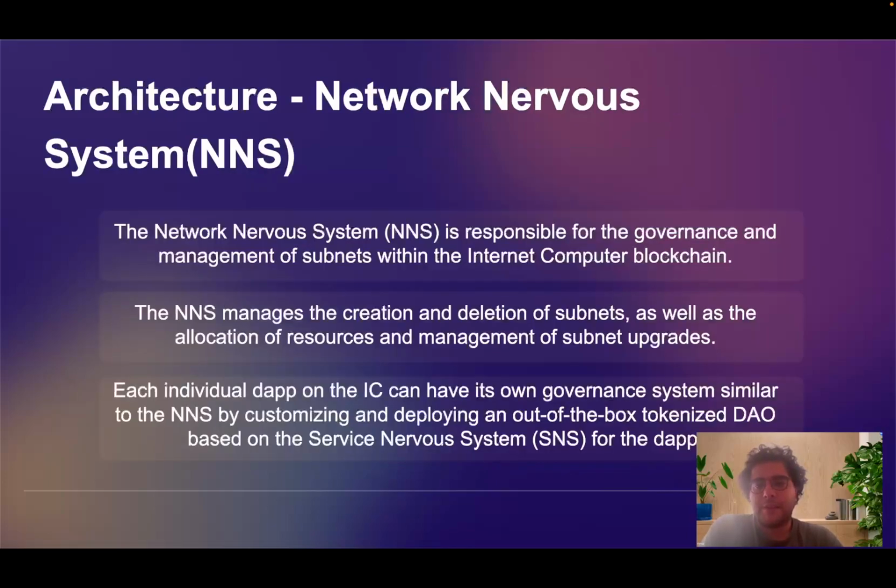And this final pillar, the fourth pillar of the architecture, is network nervous system. NNS is responsible for the governance and management of subnets within the Internet Computer blockchain. It works on system subnets, and it's actually a DAO. The NNS manages the creation and deletion of subnets, as well as the allocation of resources and management of subnet